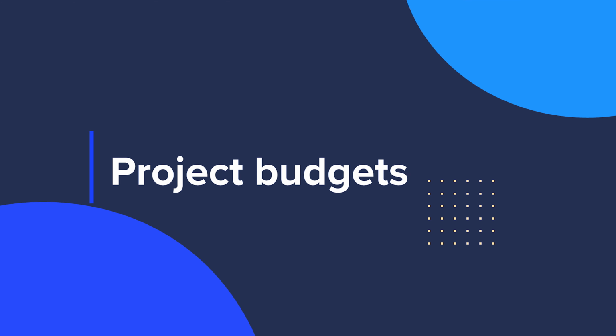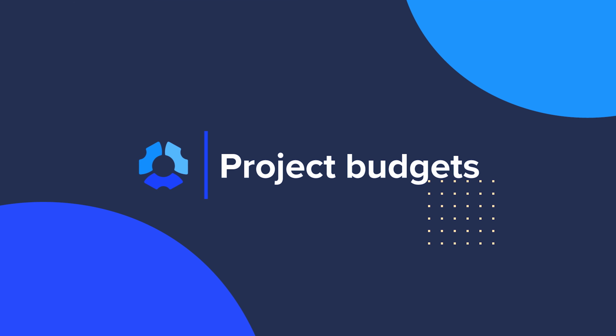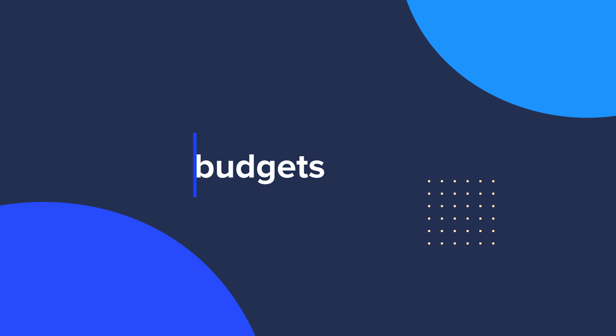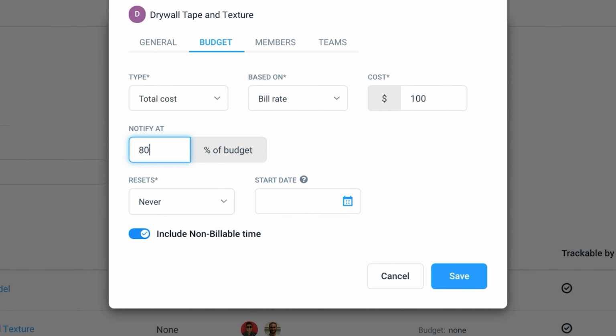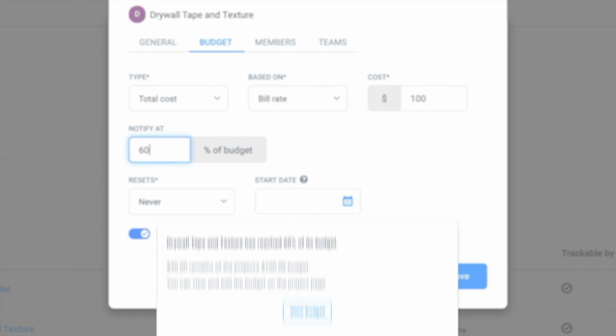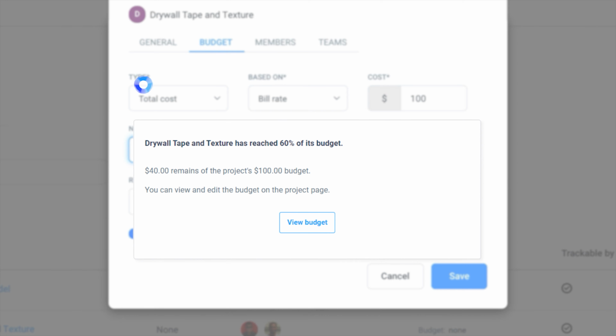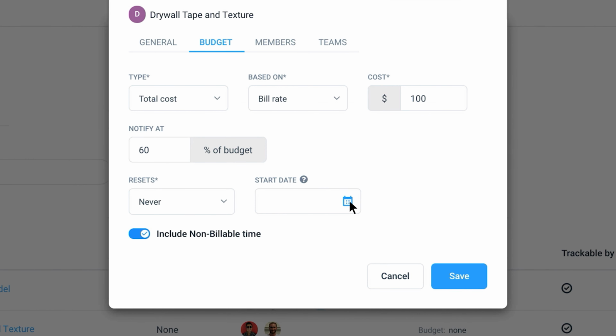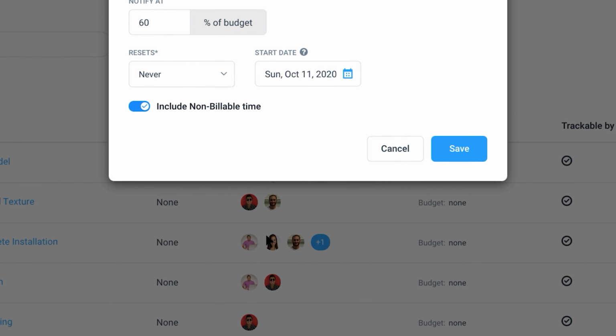Next up, we have project budgets. And Hubstaff allows you to set project budgets based on hours, bill rate, and pay rate. You can also set up notifications that will alert you when you're at risk of going over your budget. This allows you to make adjustments in real time and make sure your team can complete the project within the